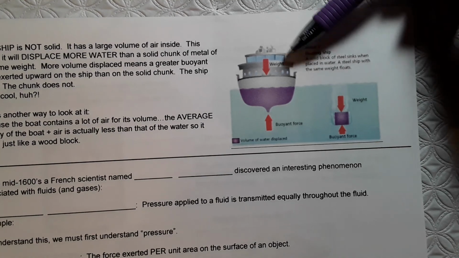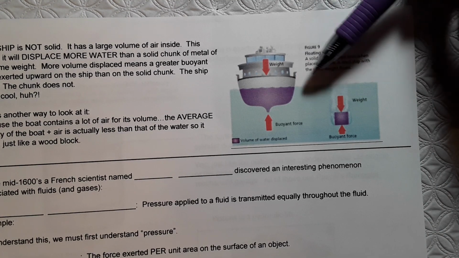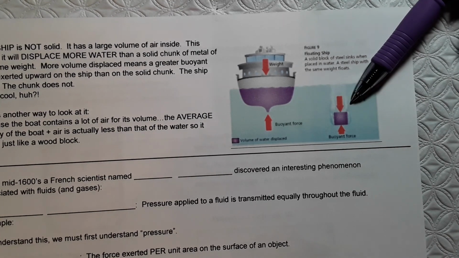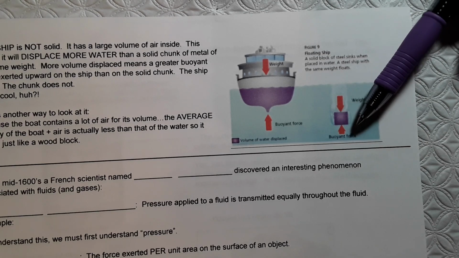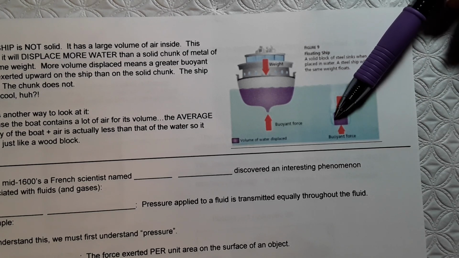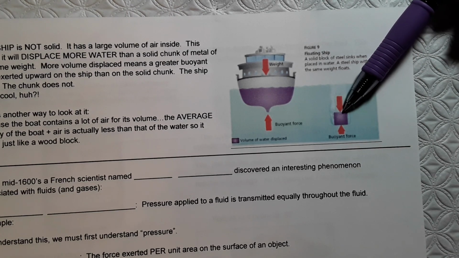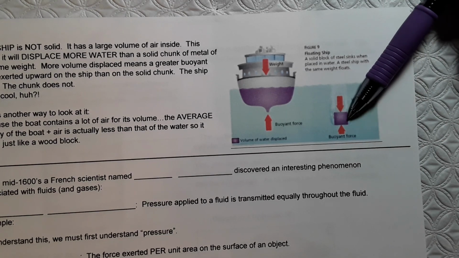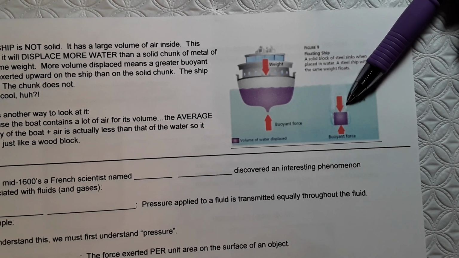Okay? If we took all that metal and melted it down into one lump, the lump would sink because it is denser than the water, and the buoyant force that would be exerted would be small because all of it collapsed together is a small volume. So the water displaced is small, which means it has a small weight and therefore a small buoyant force. It's not enough for the weight of the metal when it's solid all the way through.